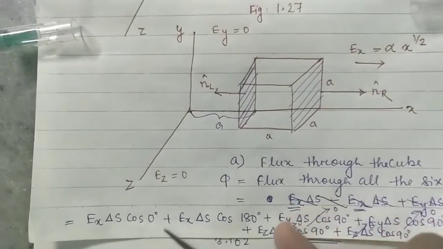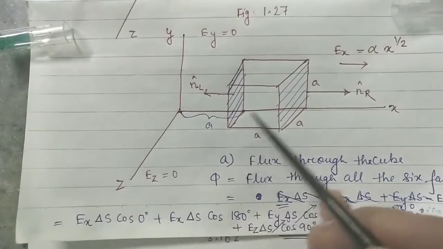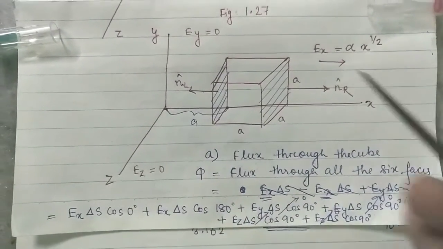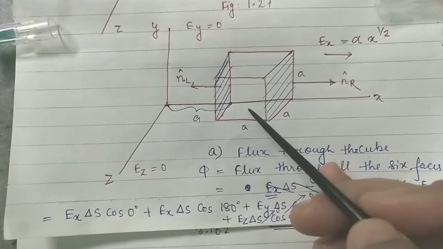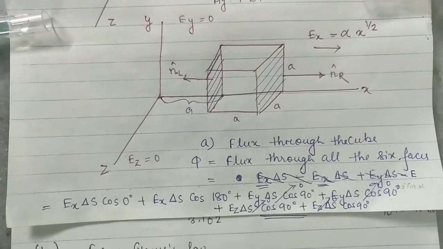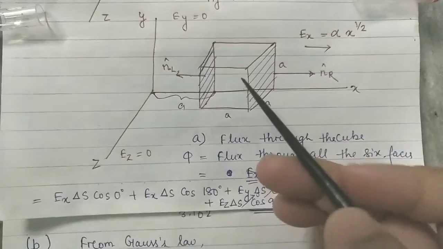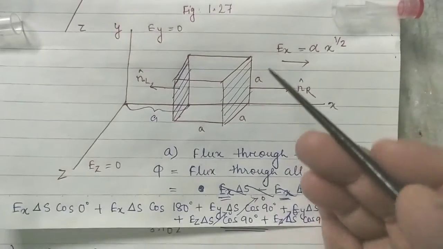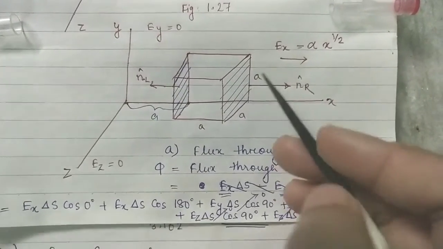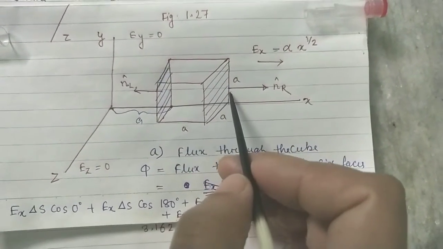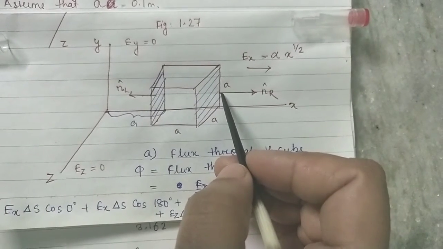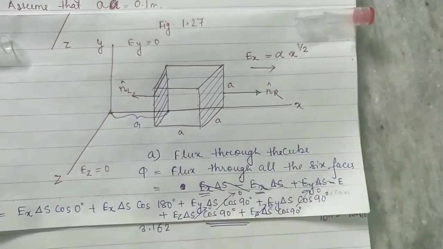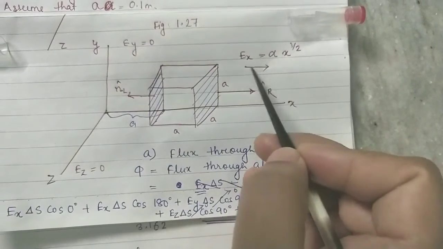So for that I have written here in short. Along the x component, how many faces do we have? 2. One is this one, second one is this one. So what will be the flux? The flux formula we know, phi equal to E dot S, the electric field dot S. What is S here? S is the surface area. So for this face I have written. Now the important thing to see here is the direction, with respect to the x axis. The direction of the x component here is along the x axis, it is given.